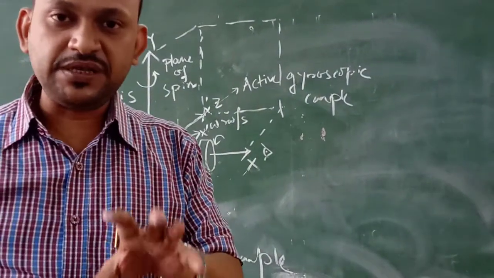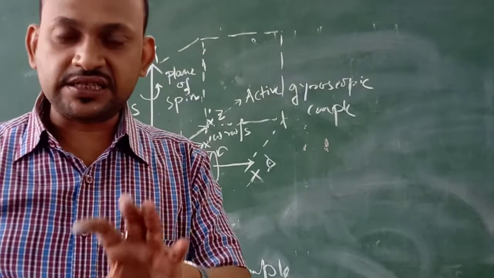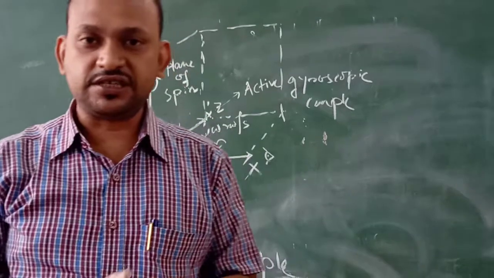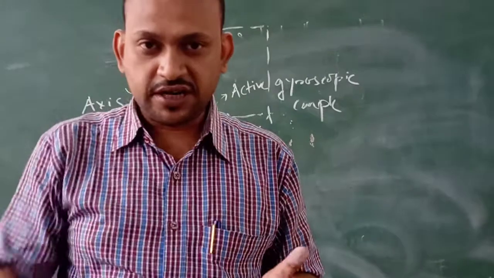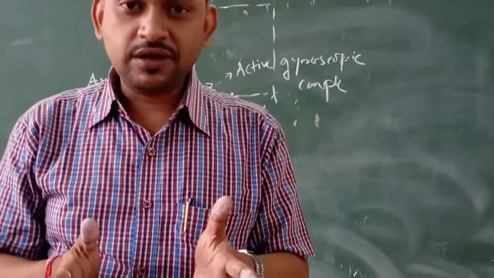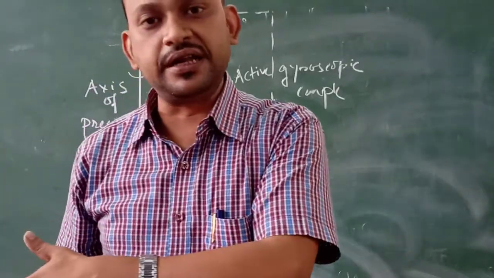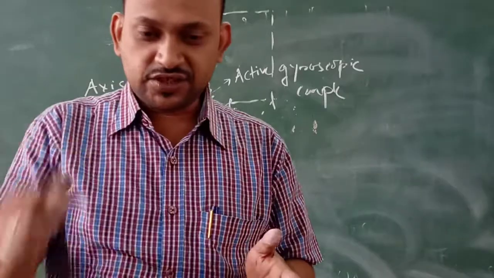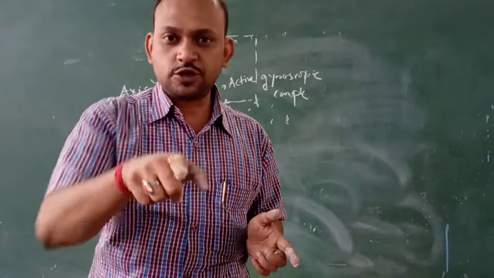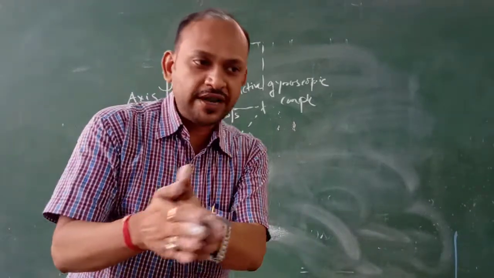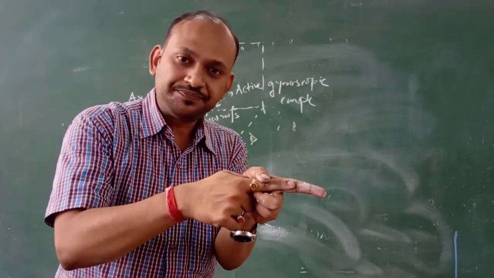Whenever a system is subjected to some change in the angular velocity, suppose I am moving in this way, this is an engine, this is the rotor, it is rotating like this, and by some action I want to take a turn either in the left direction or in the right direction. When this rotor, or the flywheel, is rotating in this direction, that will be the axis of spin pointing towards you. Now when I am willing to change the direction, the axis of spin will also change its direction.